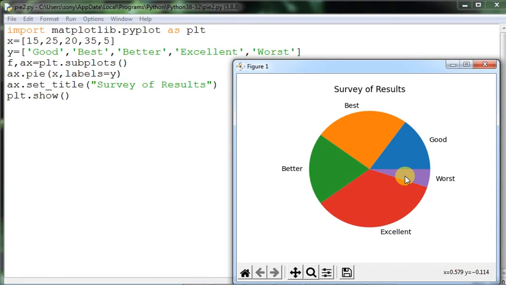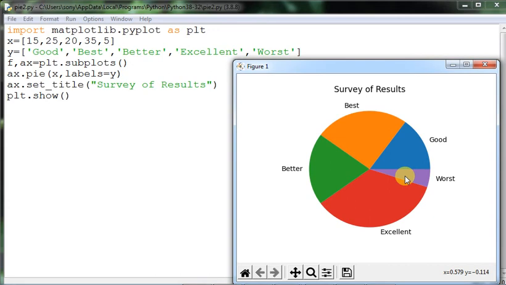Pie charts are commonly used in business presentations, like sales, operations, survey results. I was talking about the survey results, and sometimes you are sending feedback also. So at the company end, a consolidated report can finally be represented in a business meeting or something like that by using the pie chart. That is the best process to show a very huge set of data in a very short space.